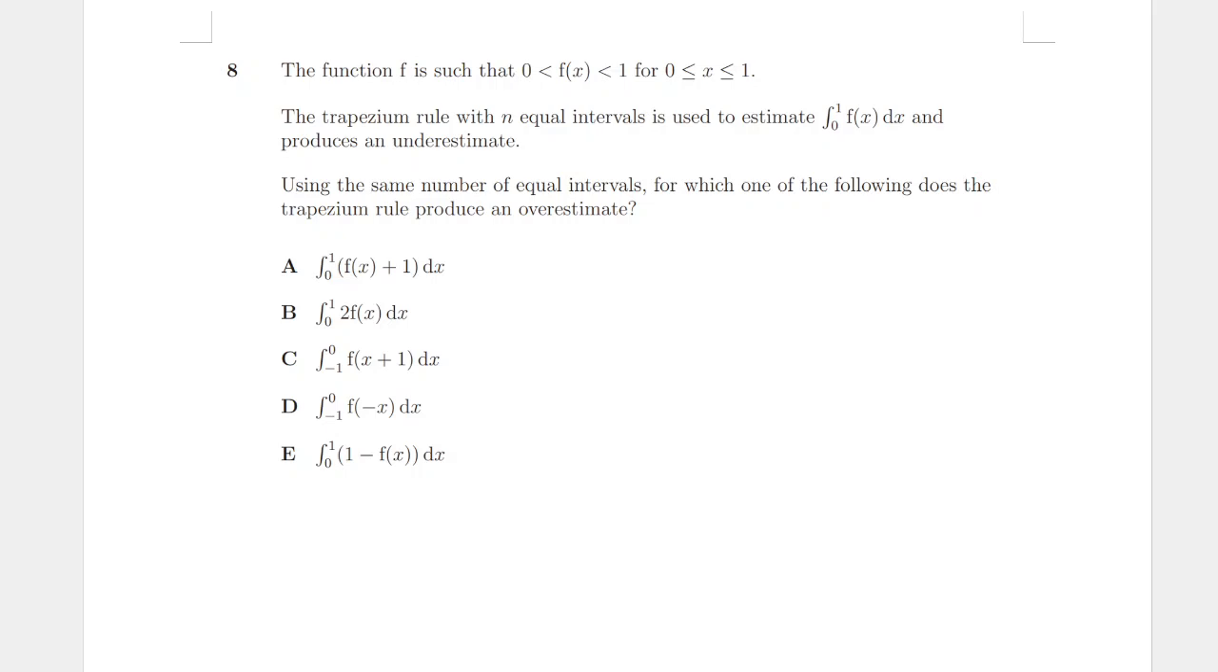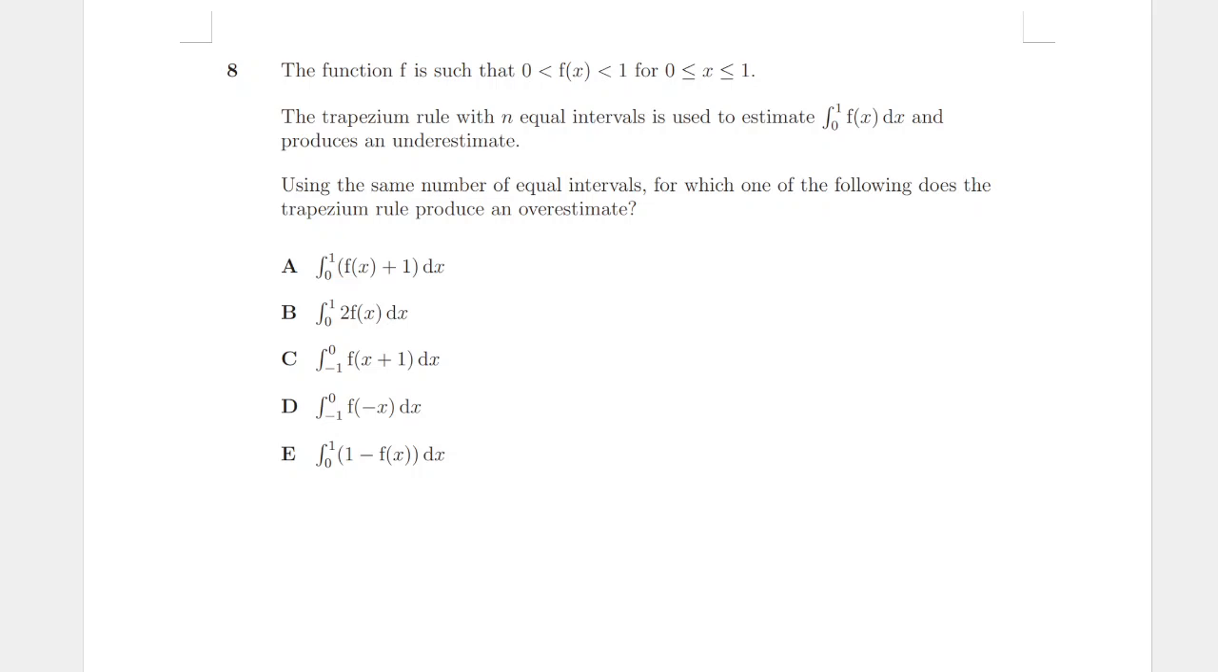Alright, question 8. The function f is such that 0 < f(x) < 1 for 0 ≤ x ≤ 1. Okay, so the function f(x) is trapped between that, a 1 by 1 square on the 2D plane, if you think about it. The trapezium rule with n equal intervals is used to estimate the integral from 0 to 1 of f(x) dx